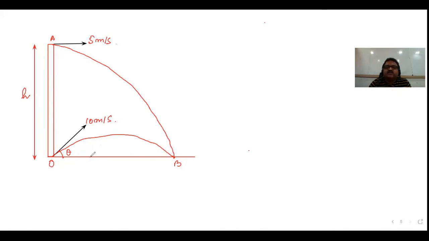So what I am doing here, first I am splitting this velocity into two components. So this is 10 cos theta and this is 10 sin theta. So look at this very carefully. This is O. Velocity of O with respect to ground would be what? 10 cos theta I cap plus 10 sin theta j cap. What is the velocity of A with respect to ground? It is projected horizontally. So velocity of A with respect to ground is equal to 5 I cap meter per second.